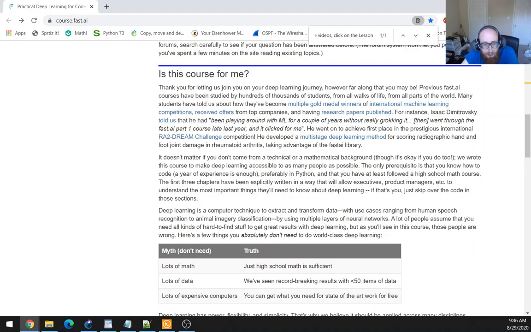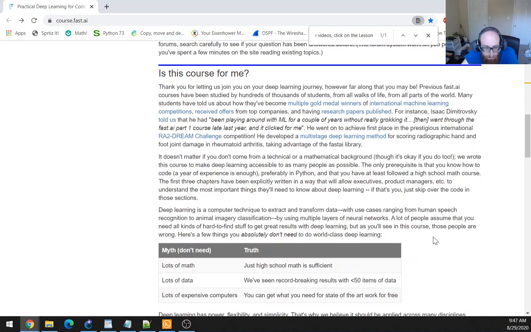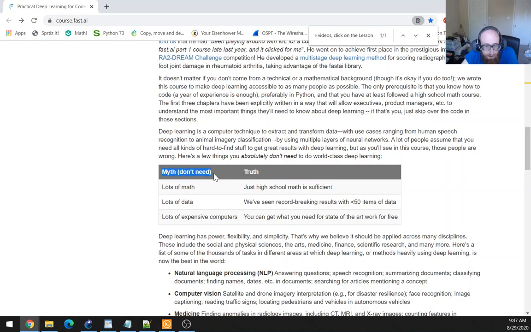So deep learning is a computer technique to extract and transform data, with use cases ranging from human speech recognition to animal imagery classification by using multiple layers of neural networks. A lot of people assume that you need all kinds of hard-to-find stuff to get great results with deep learning, but as you'll see in this course, those people are wrong. Here's a few things you absolutely don't need to do world-class deep learning. So here's a myth of things that you might need. According to the myth, you might need lots of math, you might need lots of data, and you might need lots of